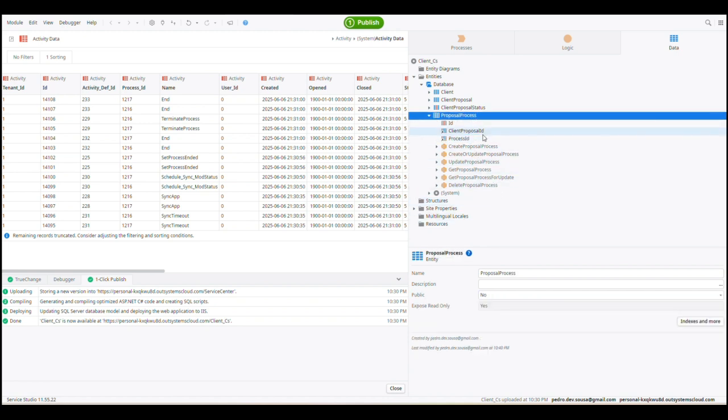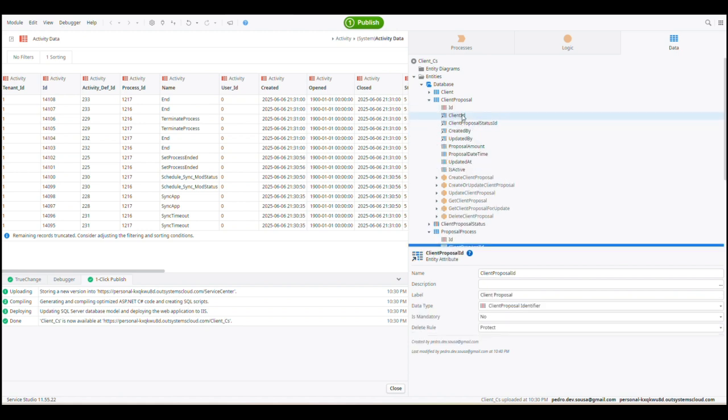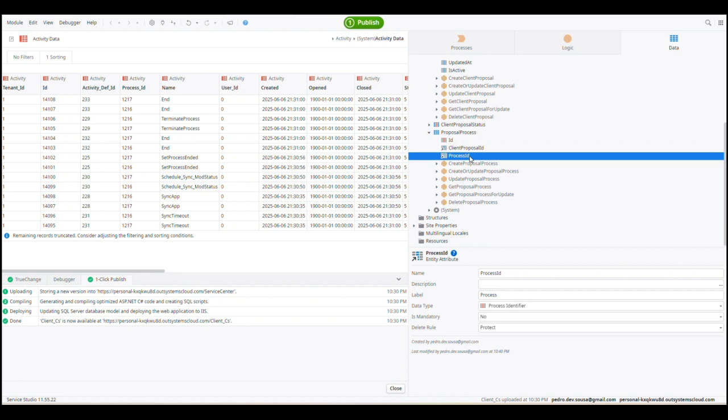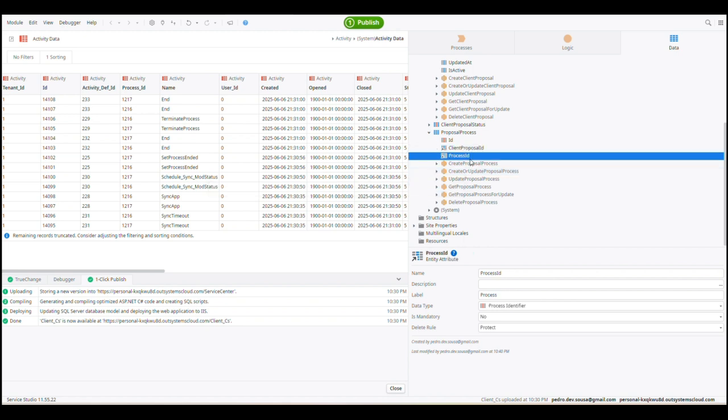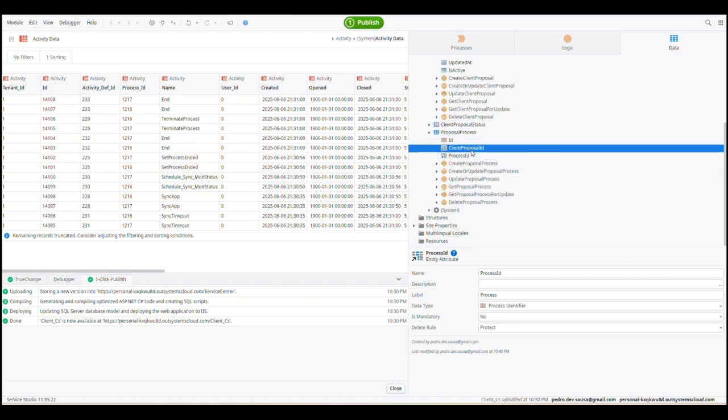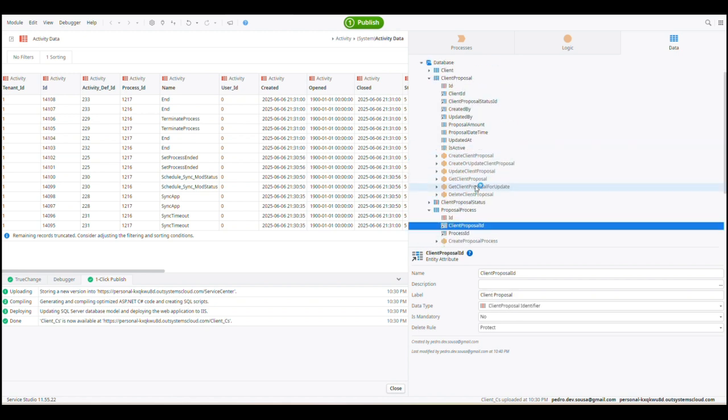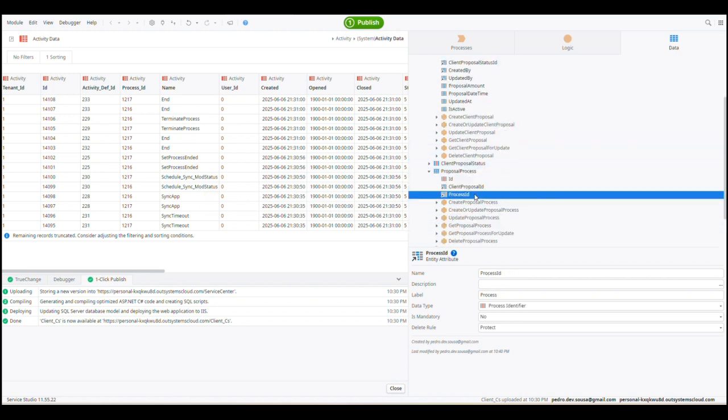What this will do: here we're going to have the client proposal ID, which has the client ID, and also which process ID that proposal belongs to. That's what we need to cover here. So when we create the proposal, we need to make sure that we add a record here to do the bridge between the proposal and the process ID that it is associated with. Okay, so